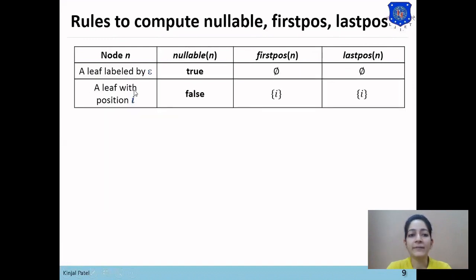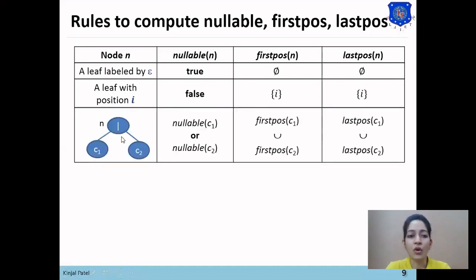And if a leaf node has position i, then nullable will be false, as there is one input symbol, so the first position of that leaf node will be that position. Means if there is a node A with position 1, then the first position of A will be 1 and last position of A will be 1.